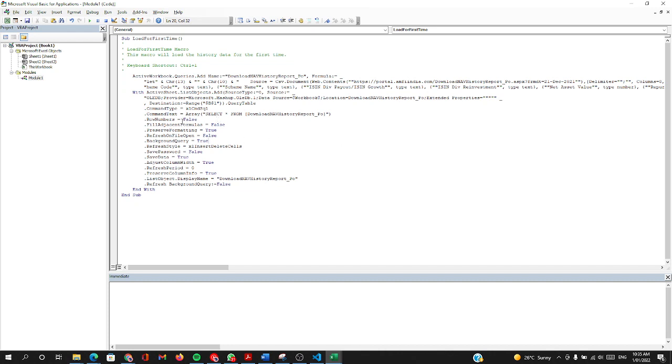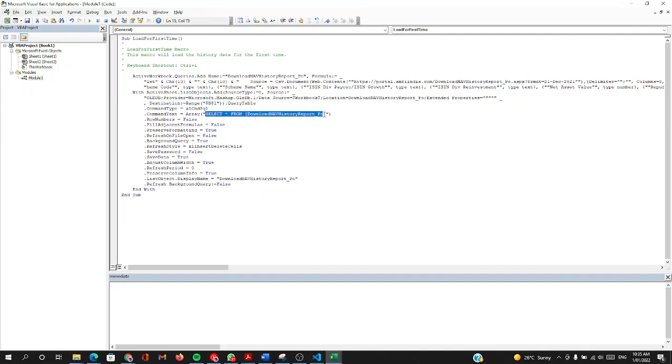And then it created the connection with that data source, and it placed the data as a tab in a tabular format at column B1,